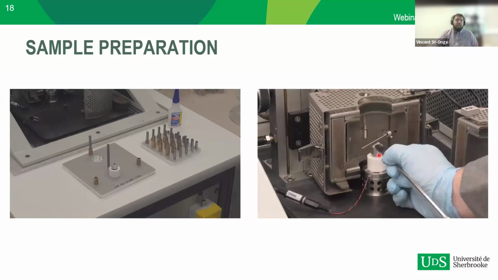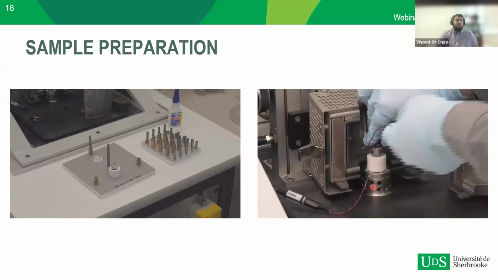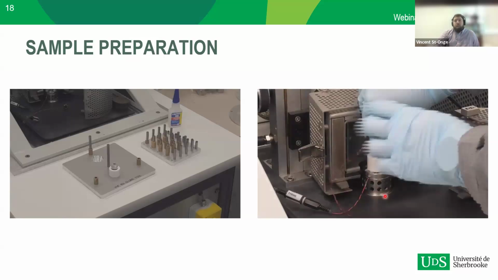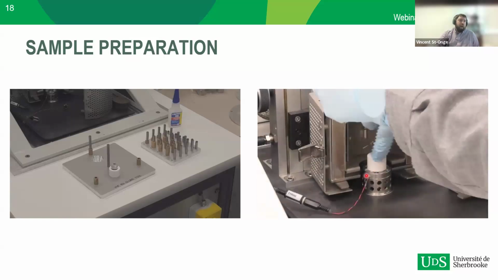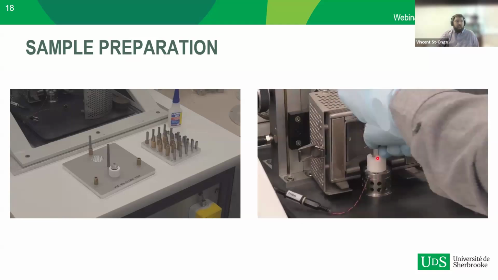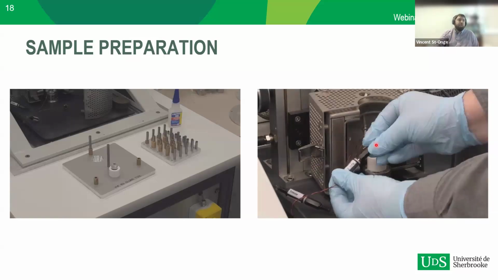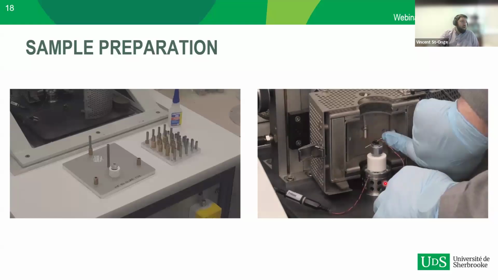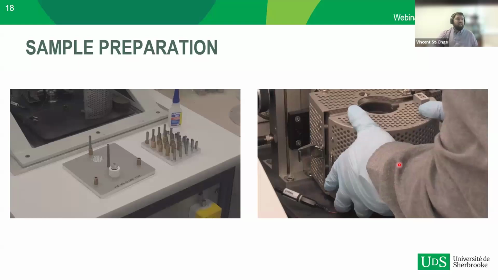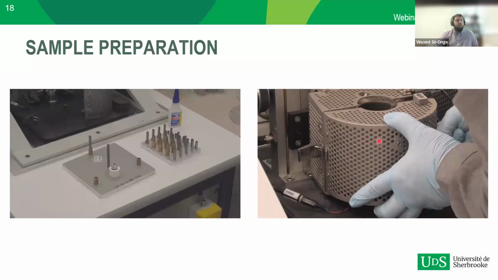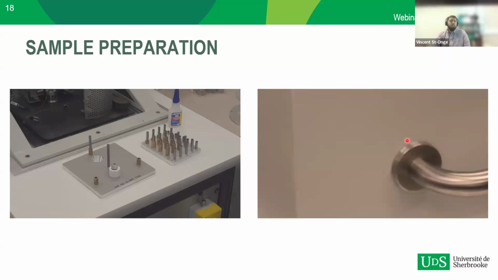And that's actually the deformation that will happen during the measurement. It's going to shake up and down at various frequencies. And what we will actually be measuring is the acceleration from the accelerometer of the base and the acceleration from the accelerometer on the top of the sample, as you can see in this video. It's very important to make sure that the wires are not applying any form of stress on the sample, because it will also change a little bit the measurement. Then you can close the oven, and then we're good to go to run the measurement.